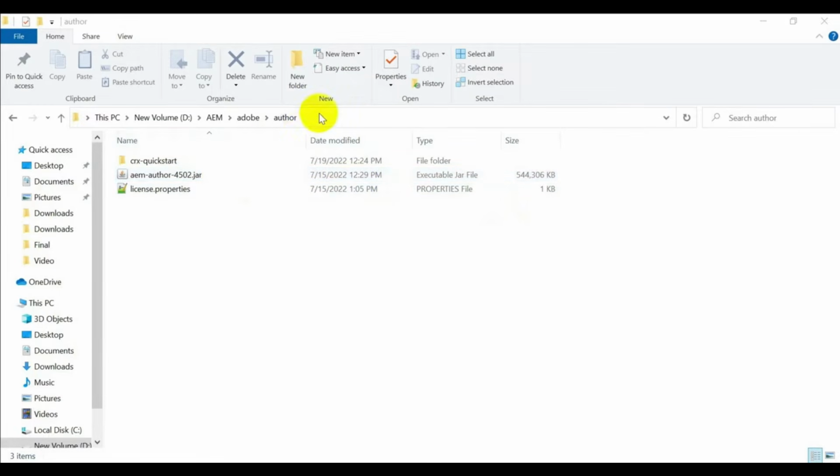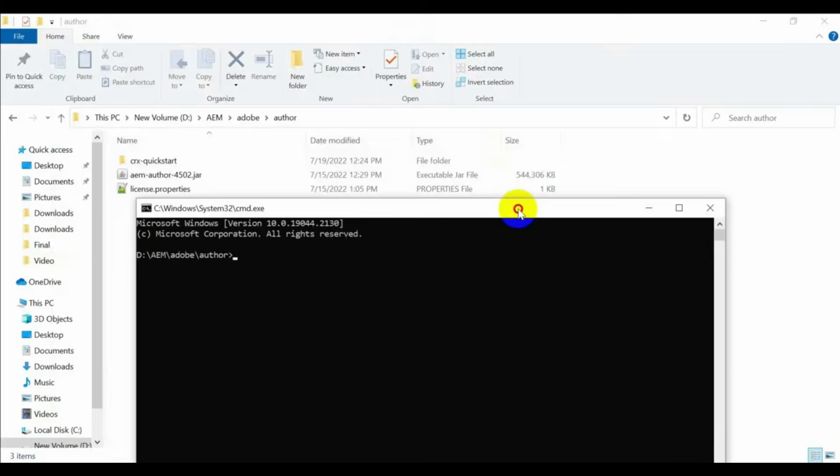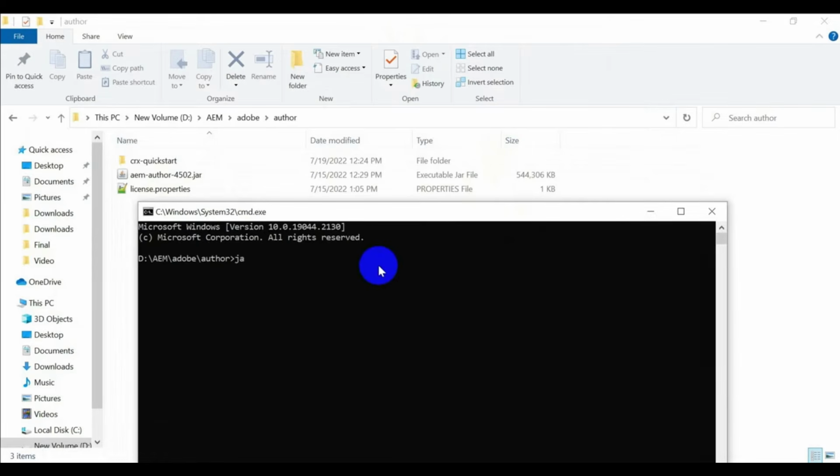Go to the respective author folder, type cmd, and type java -jar space your jar file name, AEM-4502.jar space